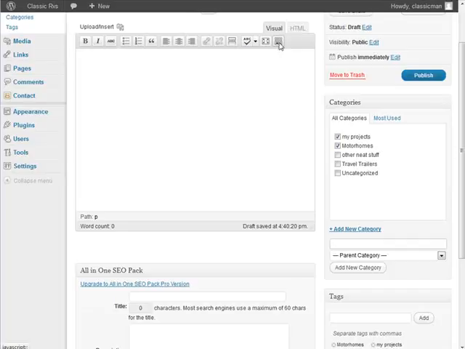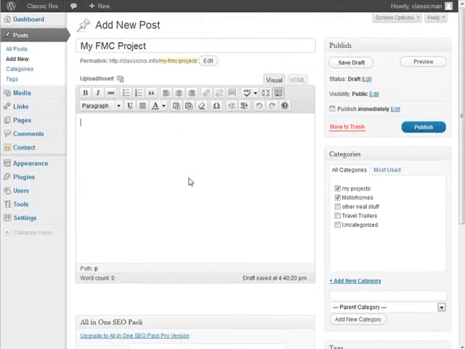Over here, this is called the kitchen sink. If you click on that, it brings up some more things you can use here. Okay, now let me just put in some text here. Okay, so just to give you an example of how we can use the media library, I'm going to put